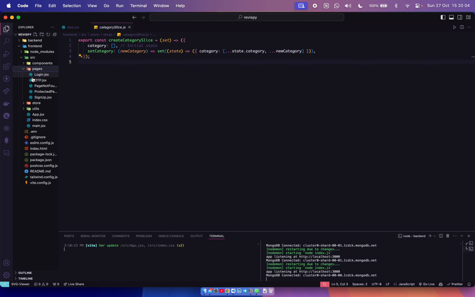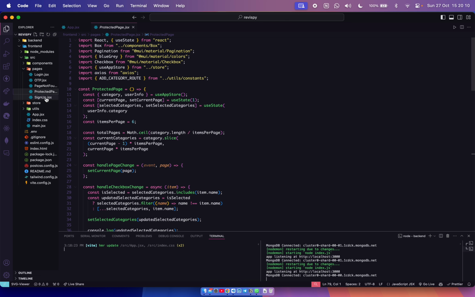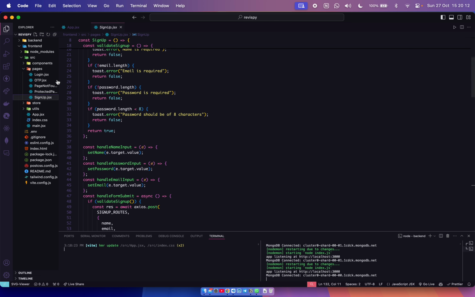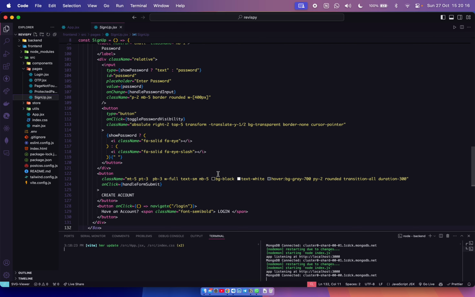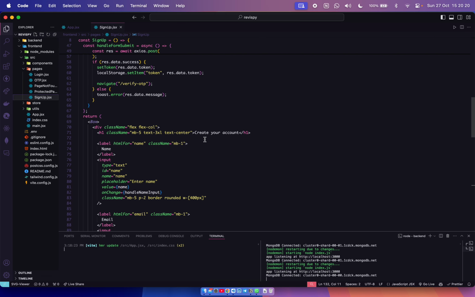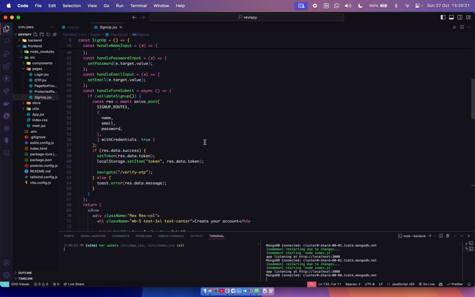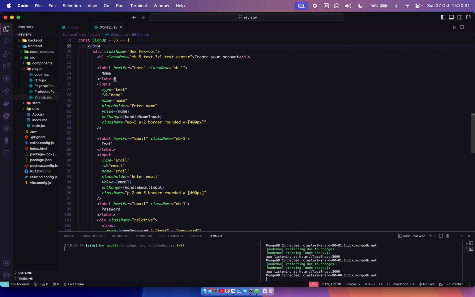And the pages folder is having the pages like login page, OTP page, page not found page, protected page, and sign up page. So first of all, let me show you the sign up page. So in the sign up, nothing much. I will show you the box component after.